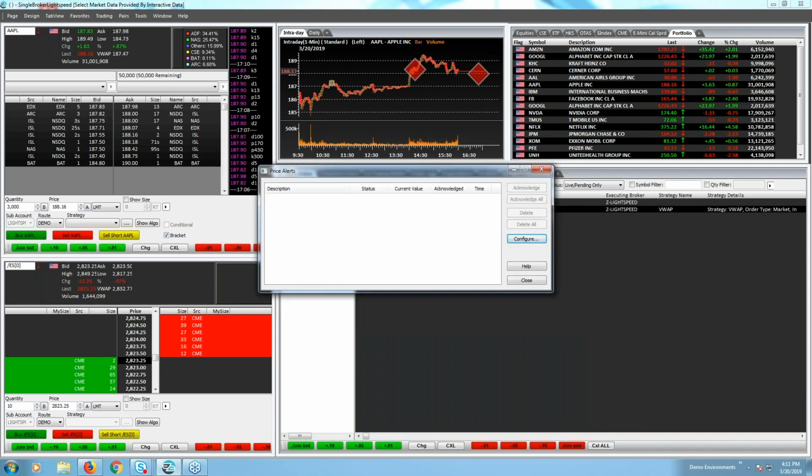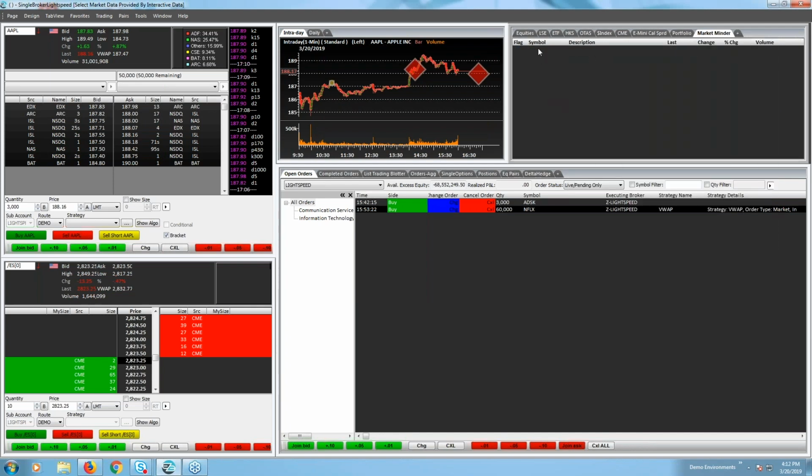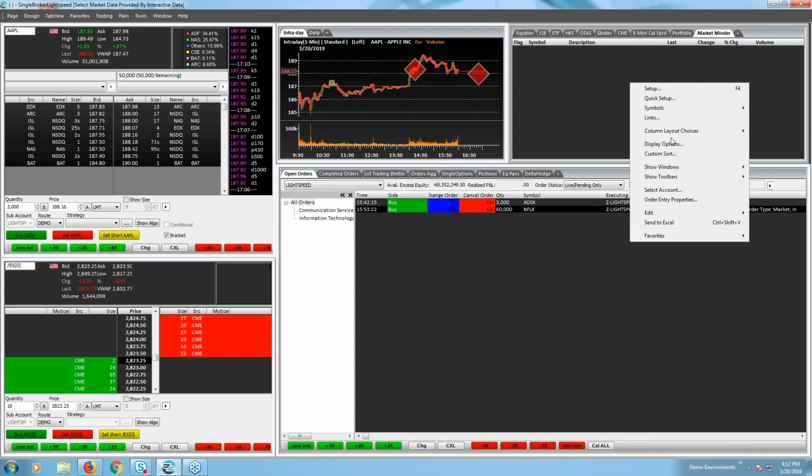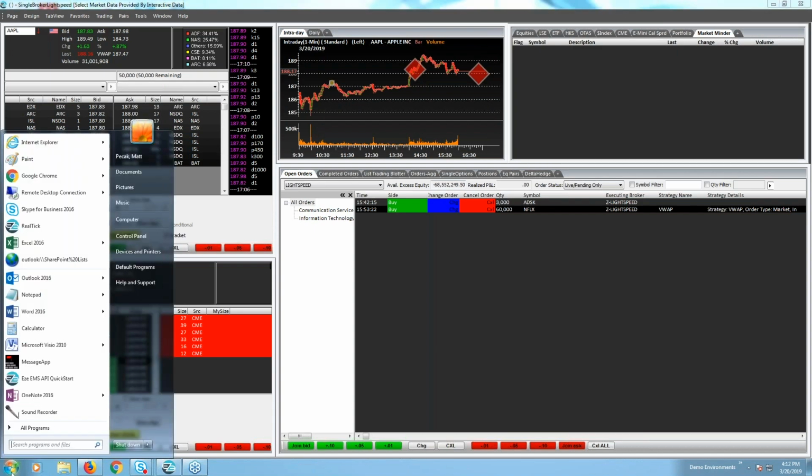See what else we have. How do I import a list of symbols to a watch list? Another good question. So let's go ahead and create one from here, Market Minder. Again, for these fields, I can go into column layout choices and configure the layout however you want to do it. I think the easiest way might be